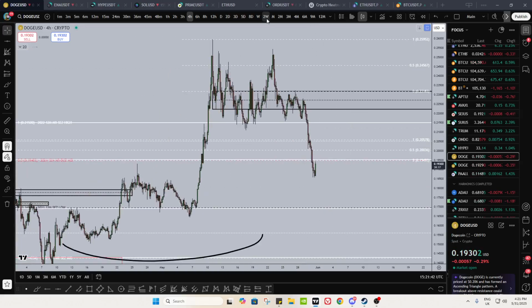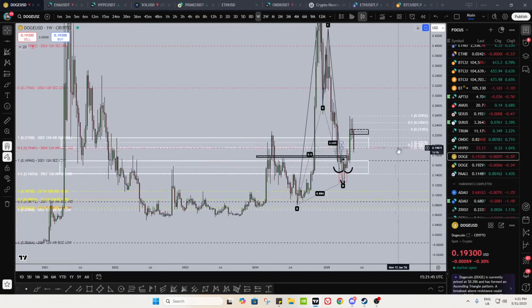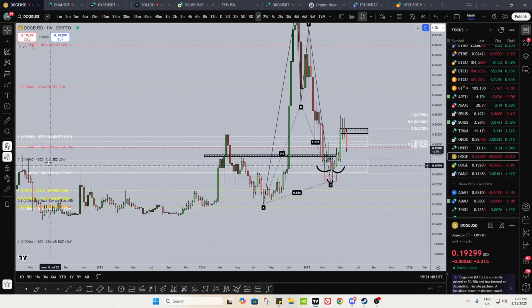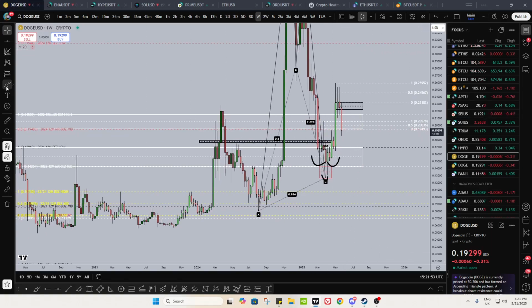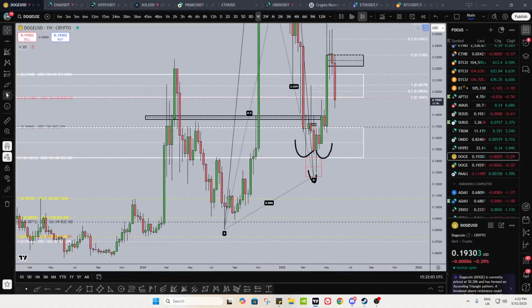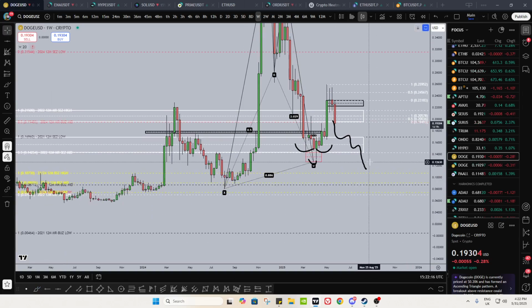Doge, another one I do want to get in at. 2024 yearly levels. Let's see what the monthly close is like on this one. To be honest, I would actually love a pullback on Doge just to get that 886, because on the crypto chart anyway, it's just not giving you that 886, and it's really ticking me off. Maybe it's just the way my brain works, but when I see this gap, I'm like, that is so annoying. I want that 886 to get tapped. Give us divergence, right? I don't know if it's gonna happen, but if it did, that'd be absolutely fantastic. If we got the 886 with divergence, that'd be such a big bid for Doge, honestly.